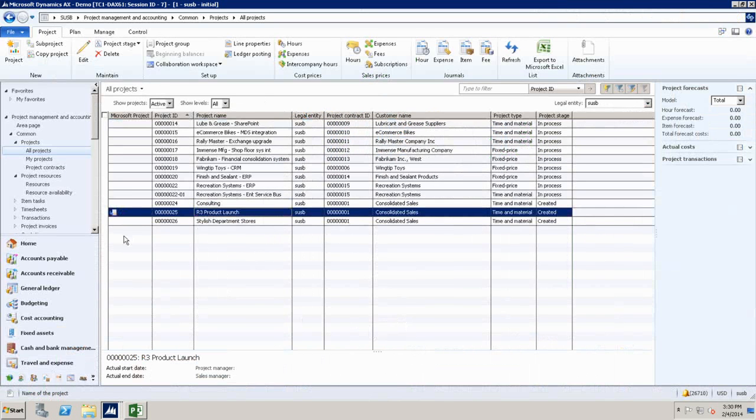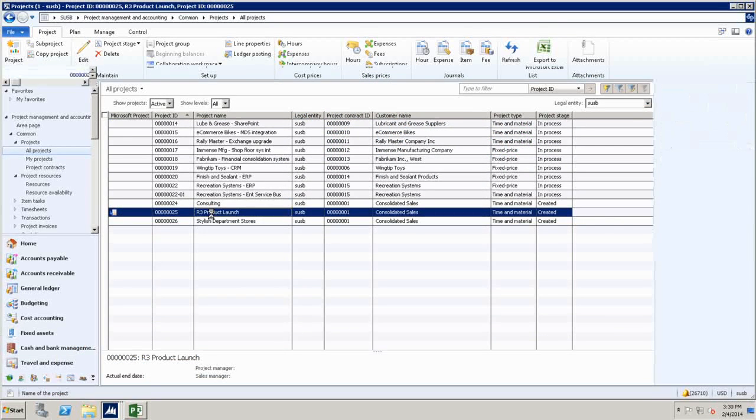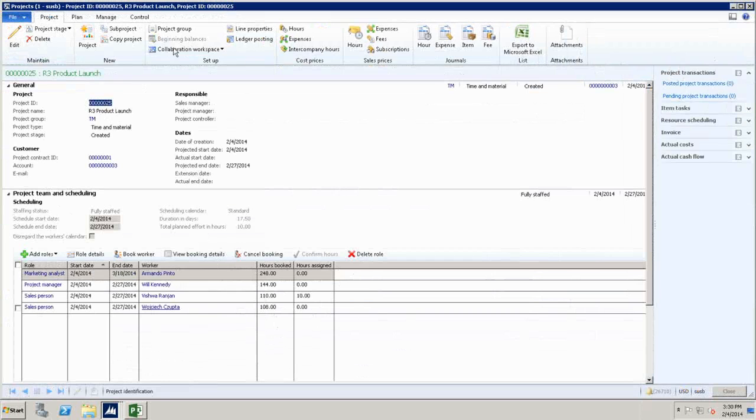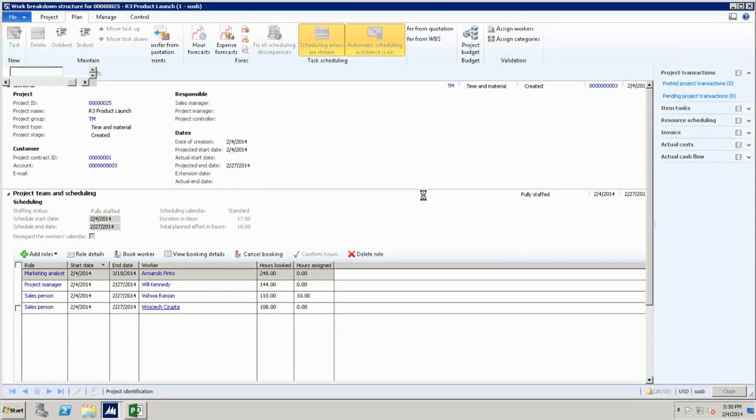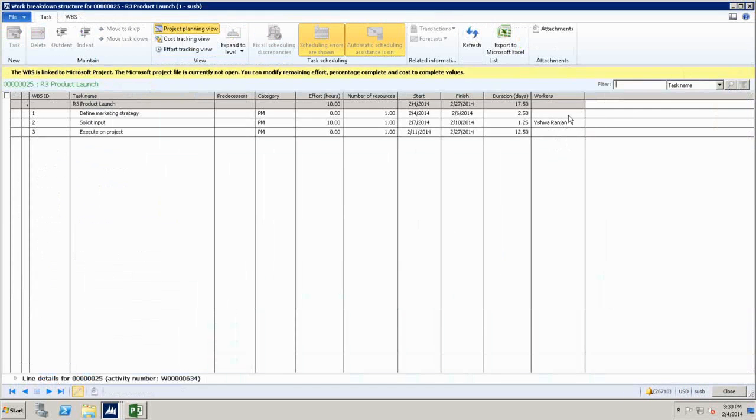So I go back, and if I go to the work breakdown structure, these are the people that I basically released from the activity. But one thing you saw was that those people are not being removed from the team. And that's something I want to validate with you today, regardless of whether you're using Microsoft Project or AX.